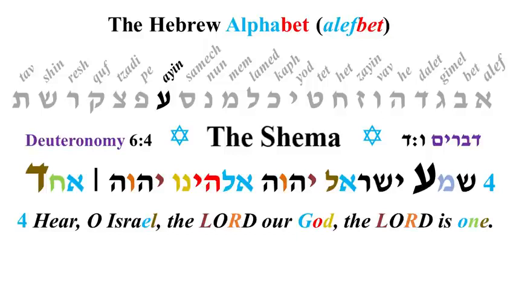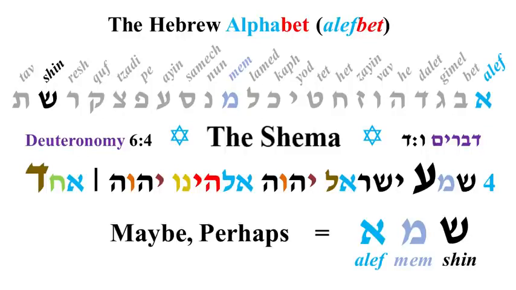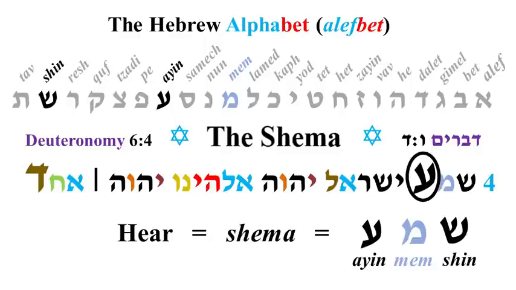He puts an enlarged Dalet there so that you don't confuse it with a Resh. Okay? And let's look at these. We can see the first word also has an enlarged Ayin. The word Shema, if you tried to spell it just by sounding it out, you have Shin, and there's a Mem, and you might be tempted to put an Aleph there, Shema. But if you do, it becomes the word maybe or perhaps. So you don't put an Aleph, he put a very large Ayin, which is the word